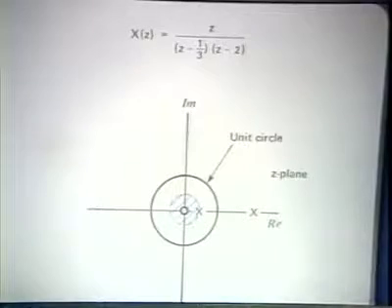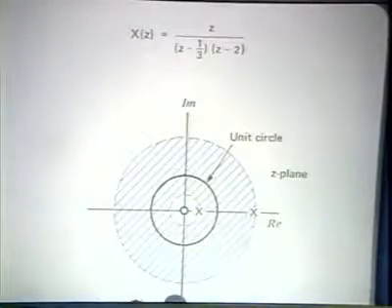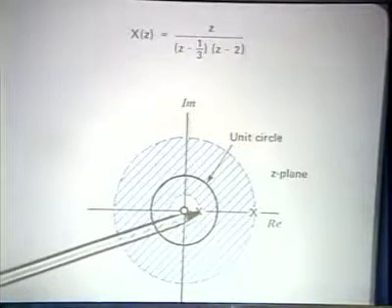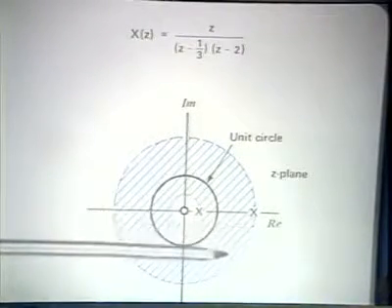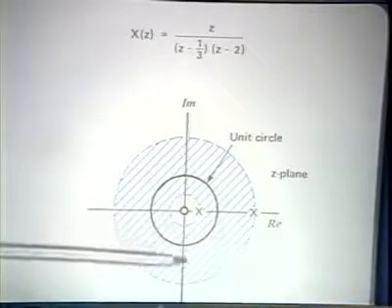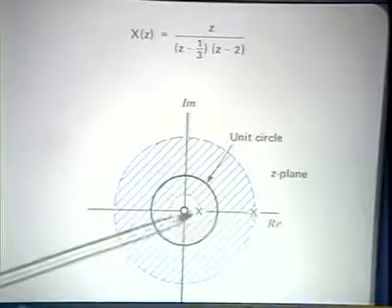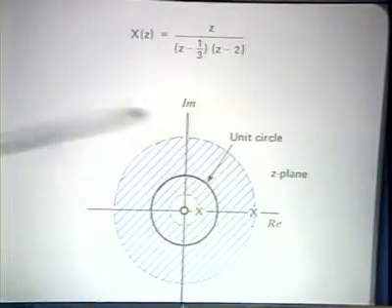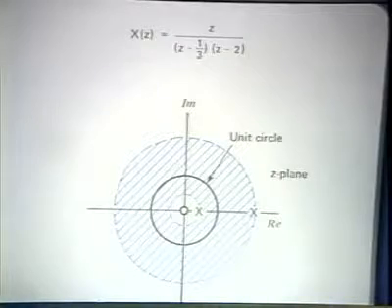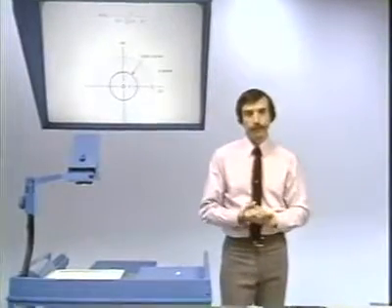And the third and only other possibility is a region of convergence which lies between these two poles, and that would then correspond to a two-sided sequence. And notice, incidentally, because of where I've placed these poles, that this is the only one for which the region of convergence includes the unit circle. In other words, it's the only one for which the Fourier transform converges.